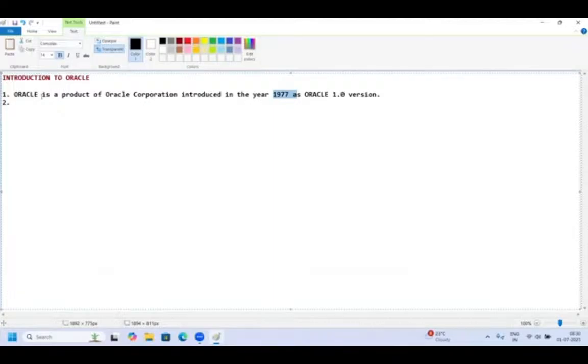They wanted to build that environment perfectly, better than what they introduced in 1977. So immediately, in 1979, Oracle 2.0 was released and it became